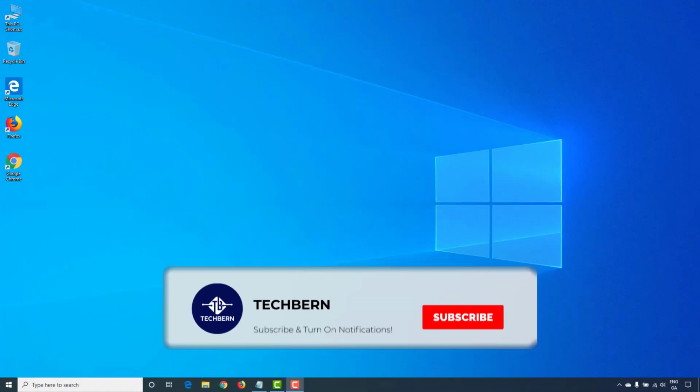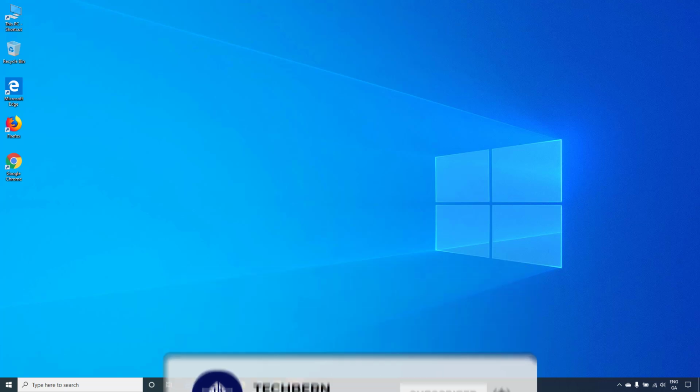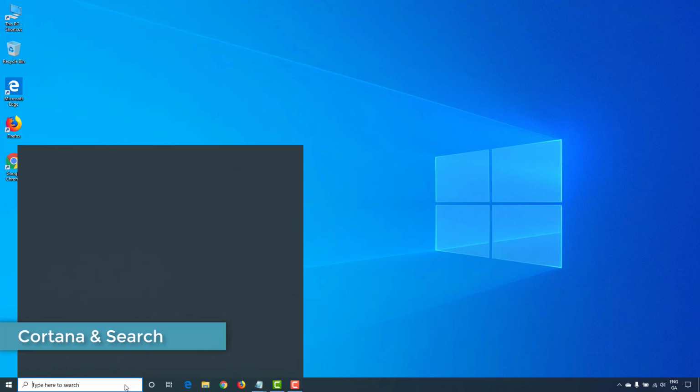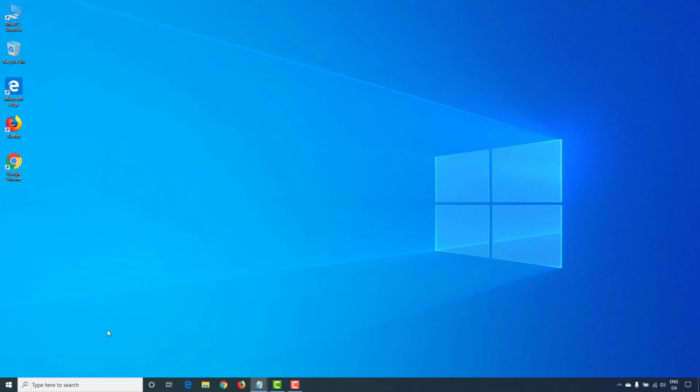In this video, we'll be taking a look at the best features for Windows 10 version 1903. To begin with, Microsoft is splitting Cortana and Search into two separate features. When you go to do a search, you'll see a new landing page with better spacing to show recent activities and most recent apps. If we go to the Settings app